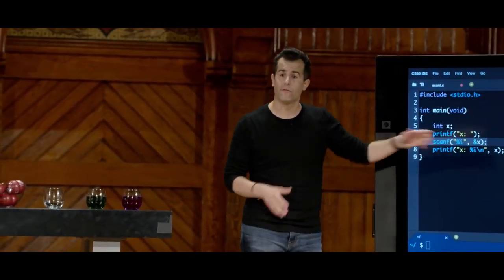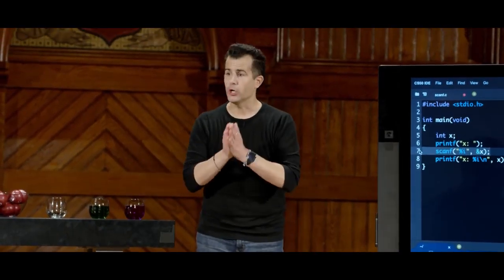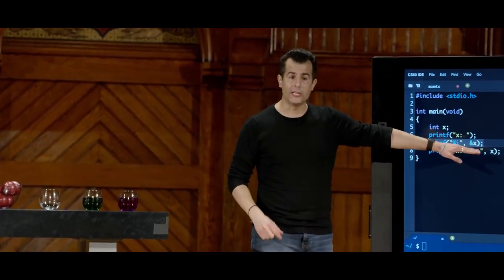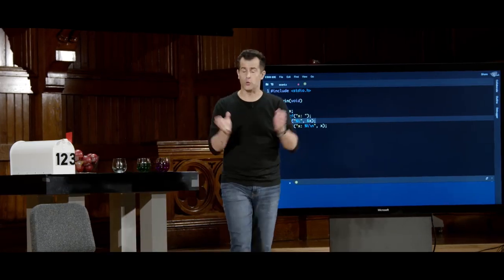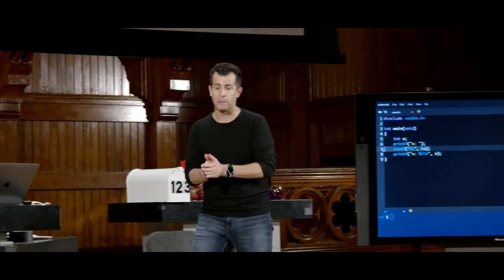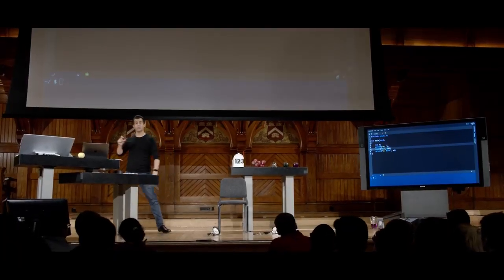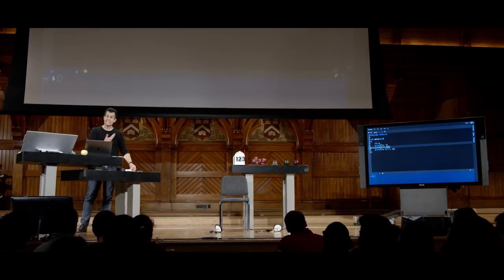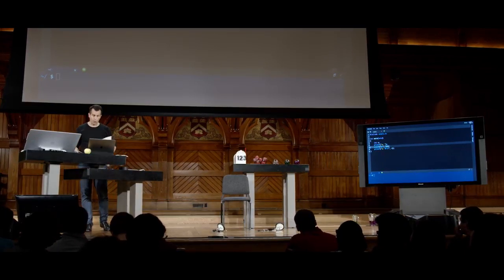And the reason that you need to pass to scanf the address of x is for the same reason as swapping. If you want to use a helper function, something you wrote or someone else wrote, and you want it to change the value of a variable, you cannot pass it by value. You can't just pass an x because it will get a copy. And that will not persist. You have to instead use &x to pass the address of x so that the function swap, or in this case scanf, can go to that address and put some value there for you.